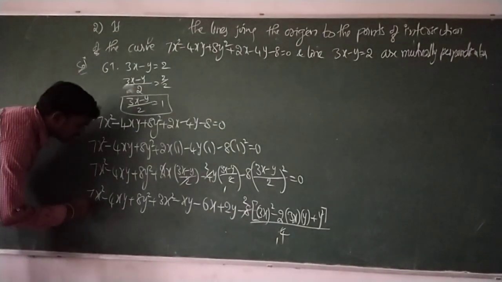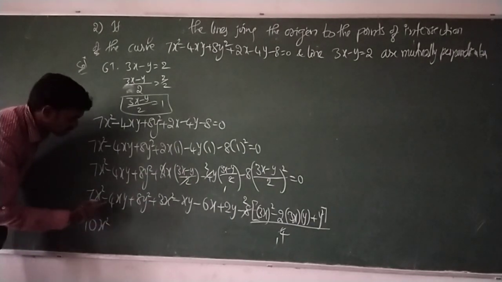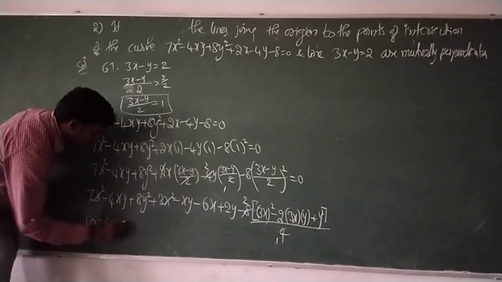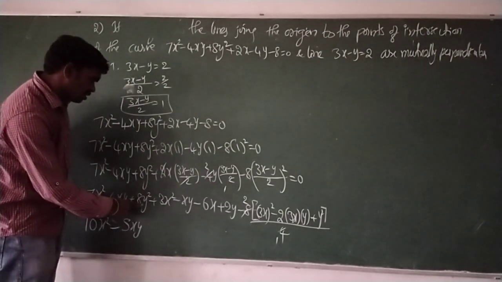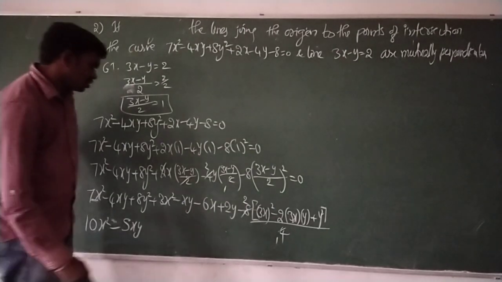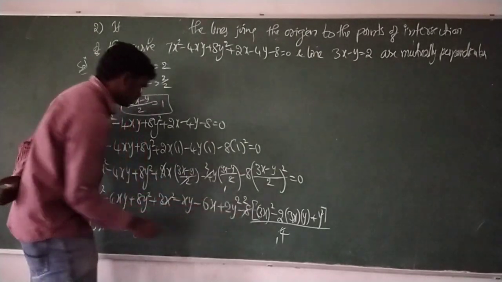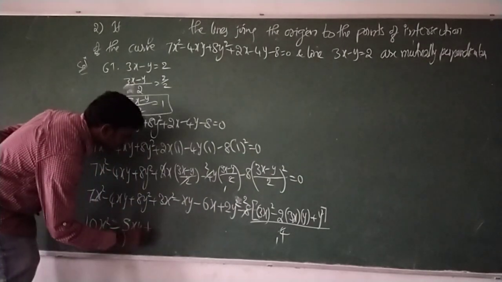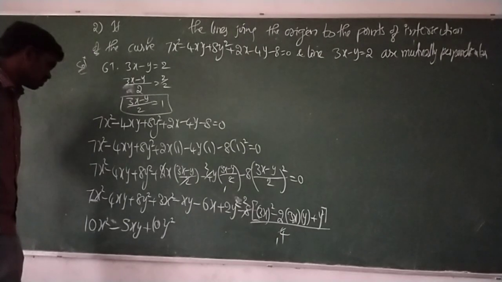So then 7x square and plus 3x square totally 10x square. Next xy terms here minus 4xy, here minus xy. So becomes minus 5xy. Next y square terms here plus 8y square. And is there any y square terms? Sorry, here 2y into y, 2y square. Yeah, y square here 8y square, here 2y square is there. So totally 10y squares terms are there, and all are completed. No, xy terms also is there.